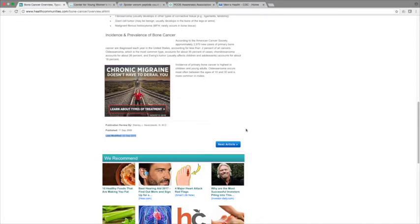Statistics and treatment options when dealing with various cancers change. Of course, I don't know whether there have been new medication or treatment options in the last 2 to 3 years for bone cancer, but if there were, I clearly would not get those updated facts here. So let's move on to the next evaluation tip,